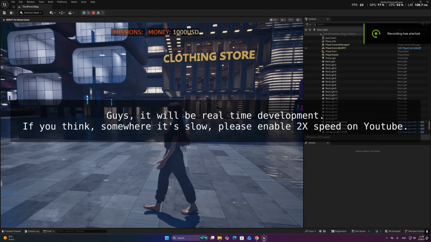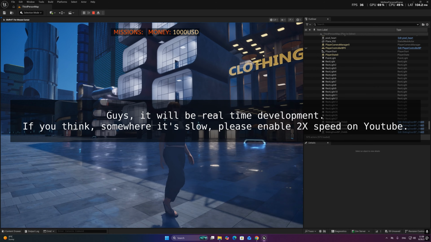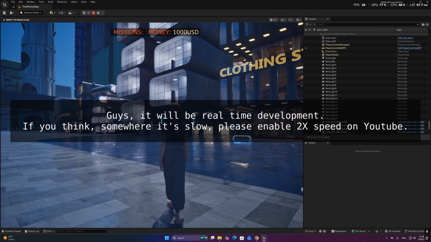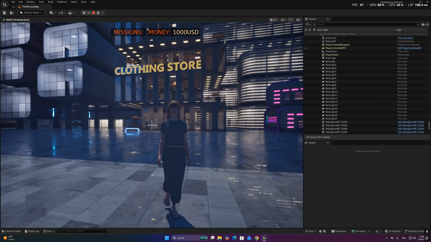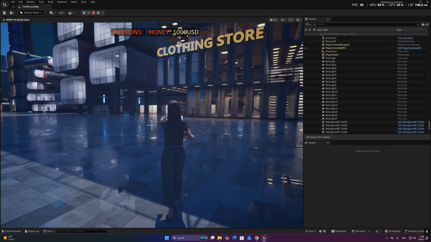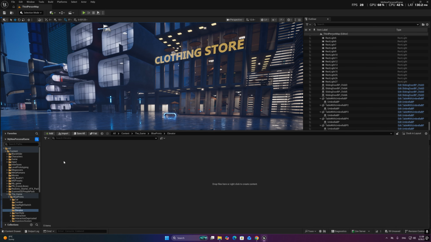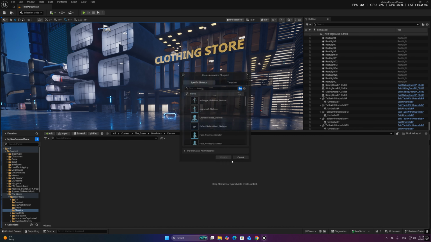Hey, hello everybody. I would like to make a quick tutorial for a person who asked me how to make a board with many different buttons and where each button will execute its own function. So it's like the second part of the interaction tutorial, and now I'm going to start without any pauses. So, first of all, let's create our main blueprint